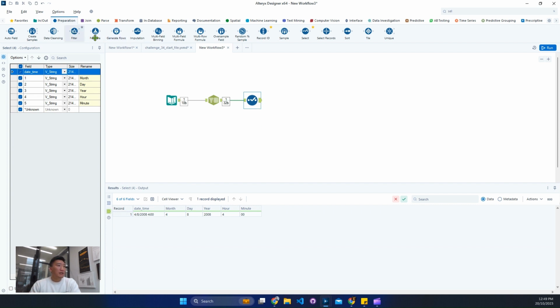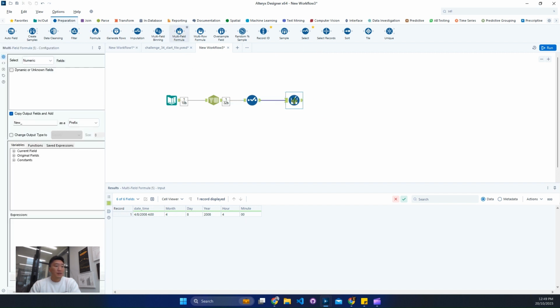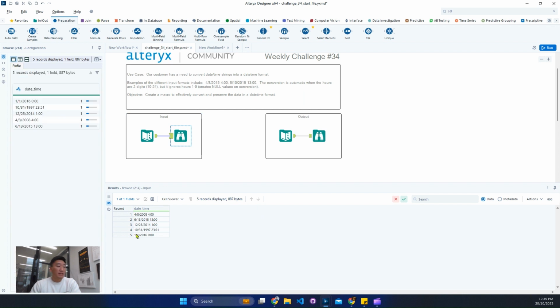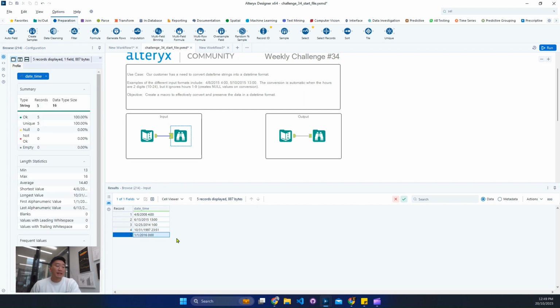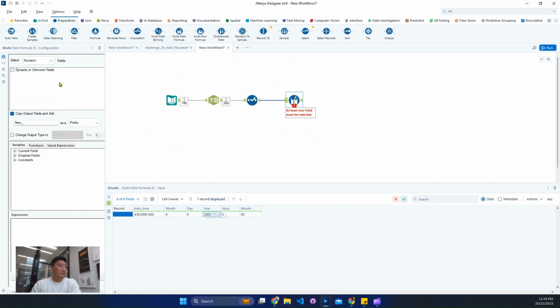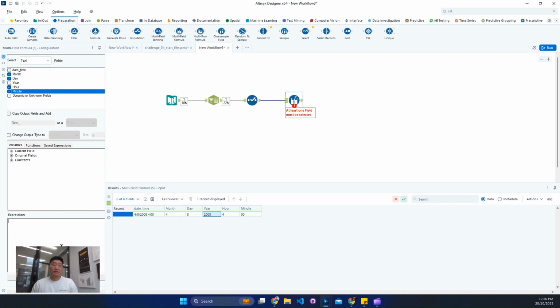For us, I'm going to apply a multi-field formula. Pretty much all the potential issues come from not having two digits. Everything is simplified for probably day and for hour or for months. For me, we'll just make things consistent. Year seems okay, so we're going to create for the months, for the day, hour, minutes. We know those should have a maximum length of two. We're going to just do a pad. Open pad left,